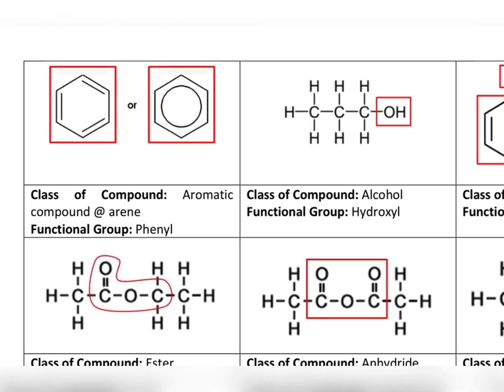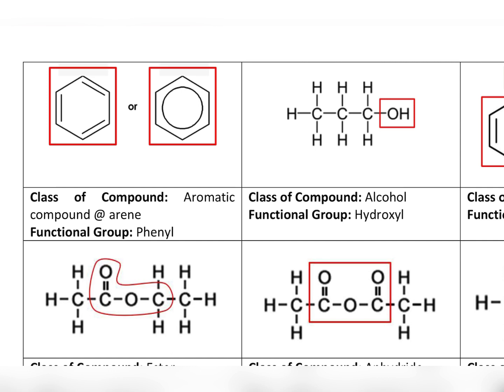Okay, so next kita tengok ini pula. So this is actually benzene ring lah. Okay, but benzene ring can be represented like this or like this. Okay, so sebenarnya sama je. Kenapa dia ada bulat ni? Sebenarnya this bulat here to show that the pi